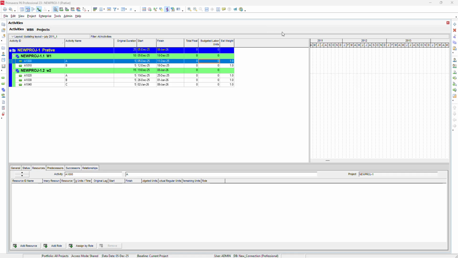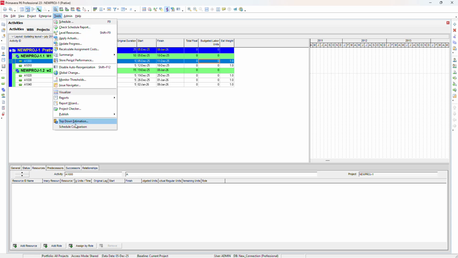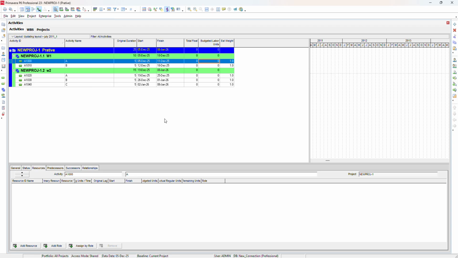Today we are going to discuss one of the functions of Primavera, top-down estimation, which is in the tool. You see here, we can get here in the top-down estimation. What does the top-down estimation do? It is used to estimate the labor and non-labor material based on the estimation weight that we provide on the